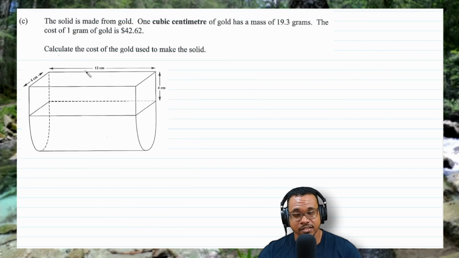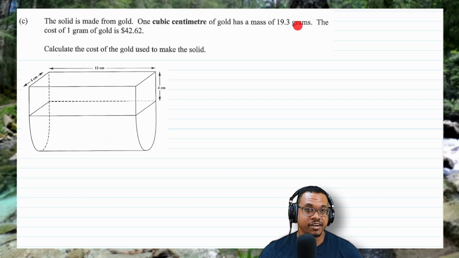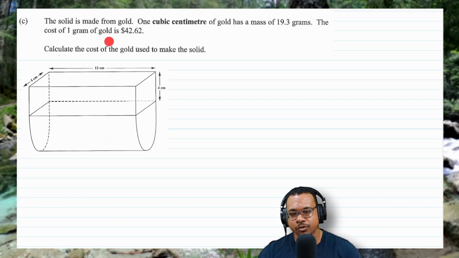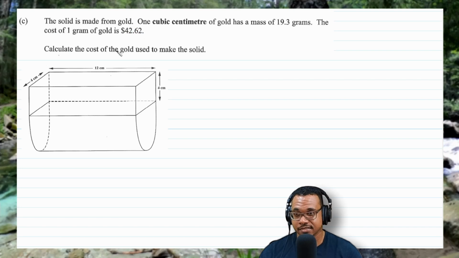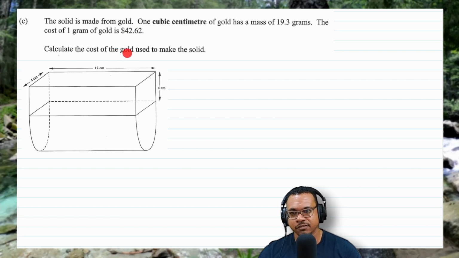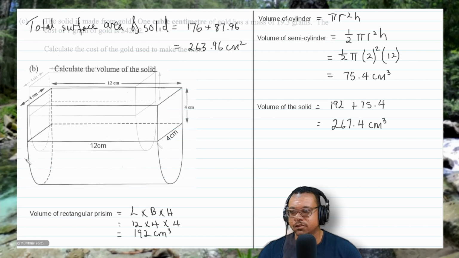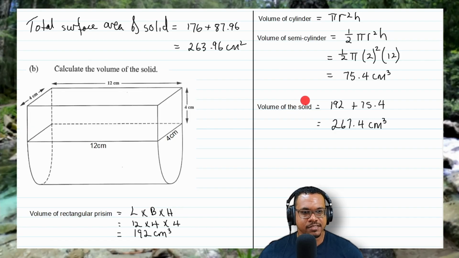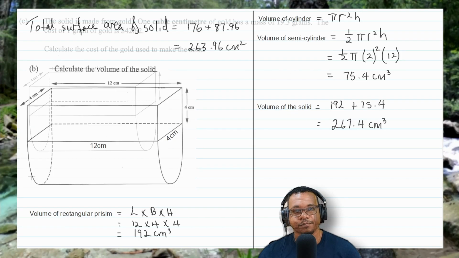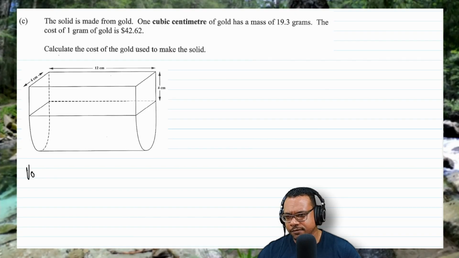So part C of this question now, we have the solid is made from gold. 1 cubic centimeter of gold has a mass of 19.3 grams. The cost of 1 gram of gold is $42.62. We want to calculate the cost of the gold used to make the solid. Now remember here, we worked out the volume of the solid to be 267.4 centimeters cubed. So I'm going to write the volume of the solid is equal to